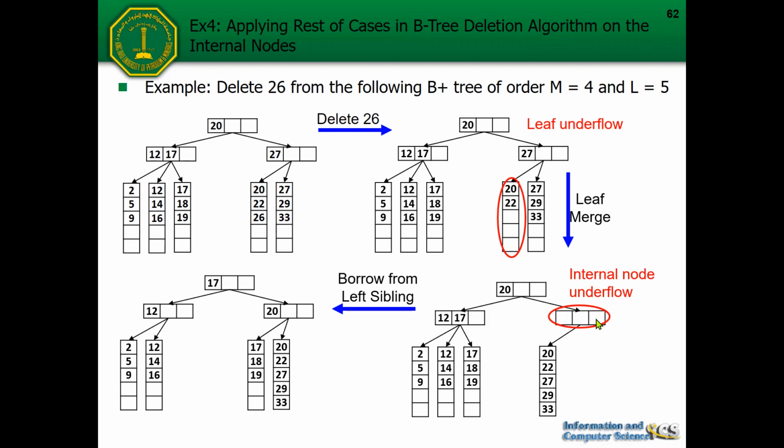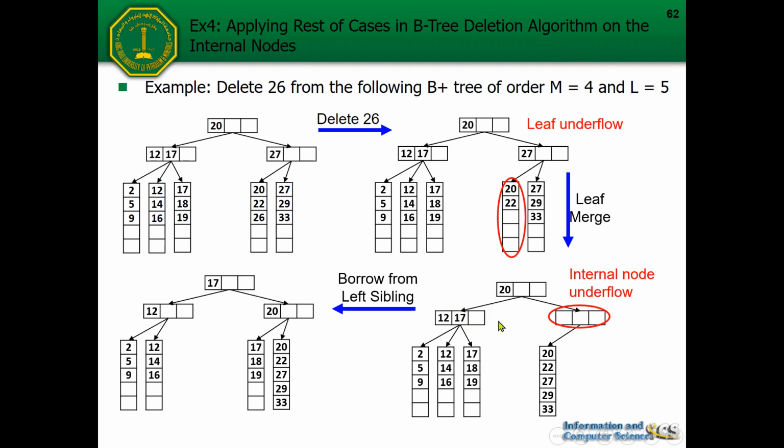Now what happens, we can actually perform the rotation algorithm from the B-tree. You can see that the root and the internal nodes of the B+ tree are actually a B-tree. That's why now we have this right internal node underflow, but the left one containing 2 keys is not underflow. Because M is 4, the minimum number of keys is 1.